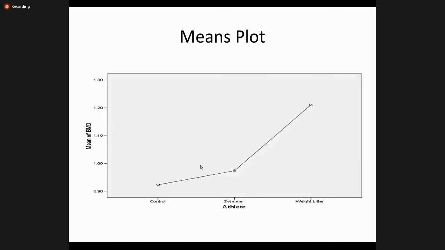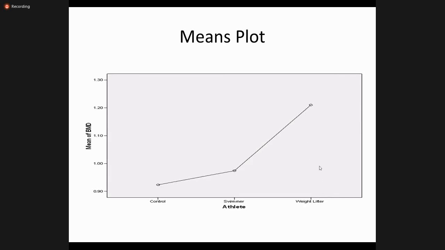So here you can also see the mean plots, and you want to see that the difference between the swimmers and the controls is a little bit, but the main difference of the group is the weightlifters. So you can see that there is a sudden increase in the BMD levels.